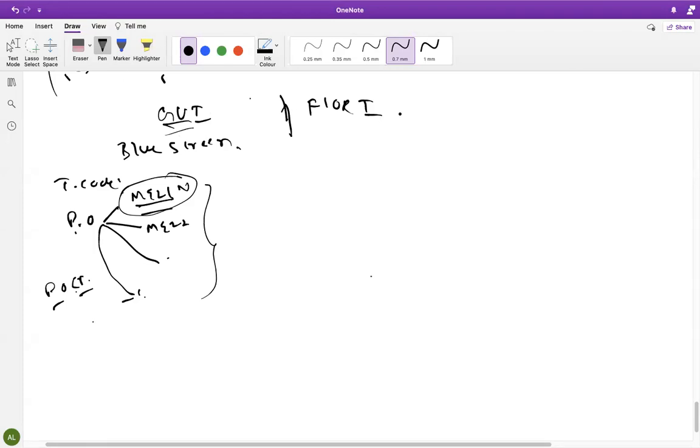Okay, so what is Fiori? Fiori is a German word, it means a flower, and from that flower they picked this name. It's a user interface only. Is Fiori a technology? It's not a technology.